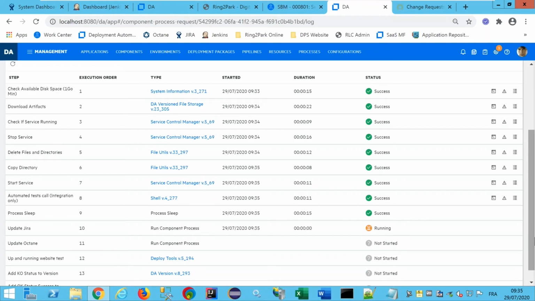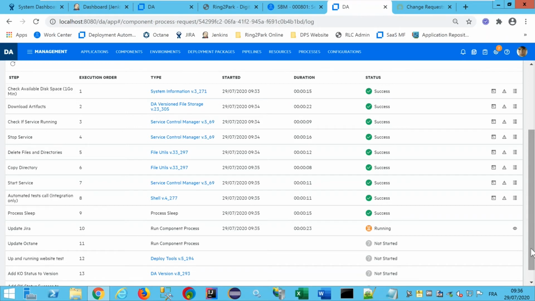In this demo, I will update Jira as well, but we can update Octane, which is the same DevOps solution we have in Micro Focus, or we can update another ServiceNow ticket, for instance. We can do it the same way as we did in release control. We can do the same from deployment automation.